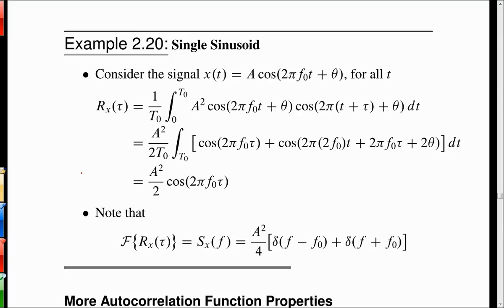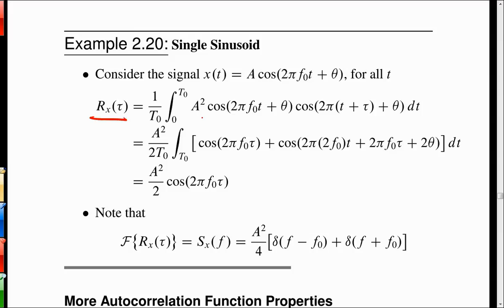Okay, now that we have this framework, let's see if the original intuition holds true. In other words, intuitively we said the power spectral density of a cosine wave should involve two spikes with a squared over 4 as the spectrum or the power on each spike. So formally, starting from scratch, find the